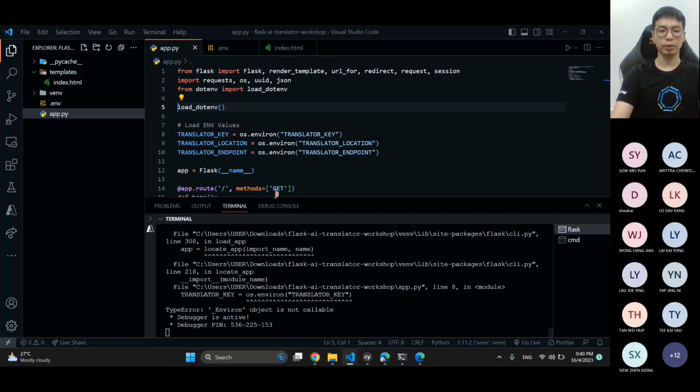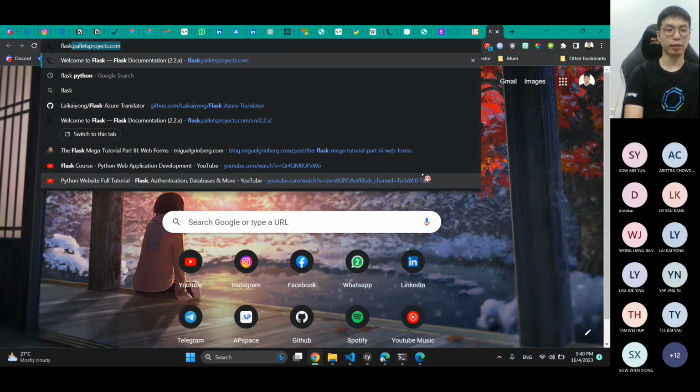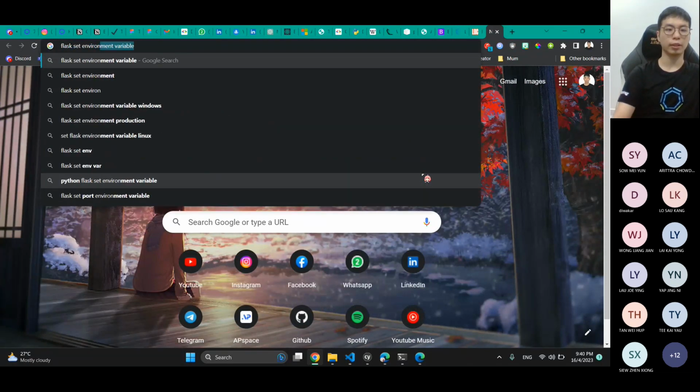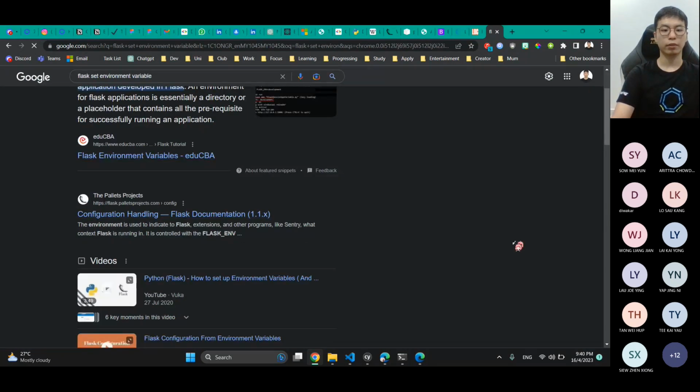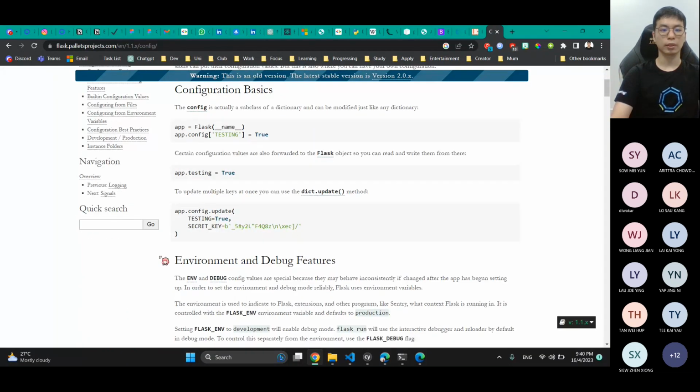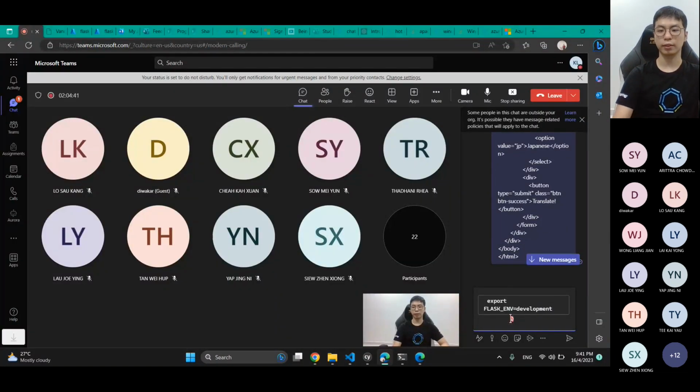I'm starting. The environment is not found. Oh, I think I forgot to set the environment. So, Flask set environment variable, and I need to set it like how I set the class version. Yeah, this documentation is the best place to go most of the time. It's a bit slow. See that testing goes through. For Mac, export FLASK_ENV equal development. For Windows, you need to set